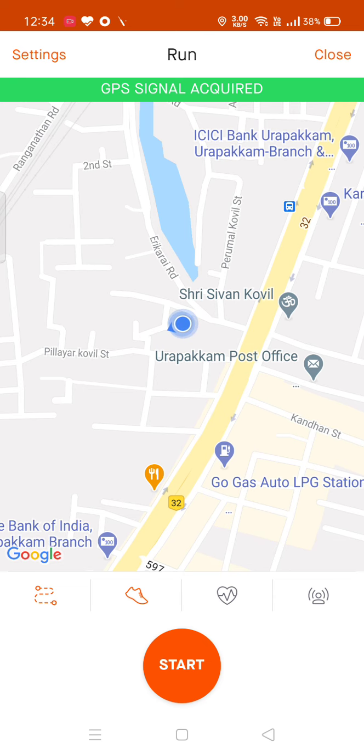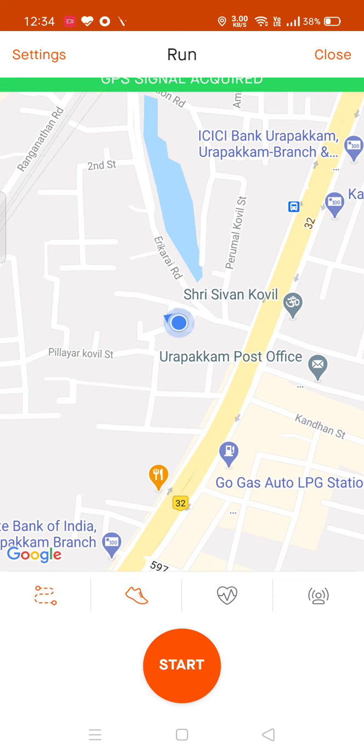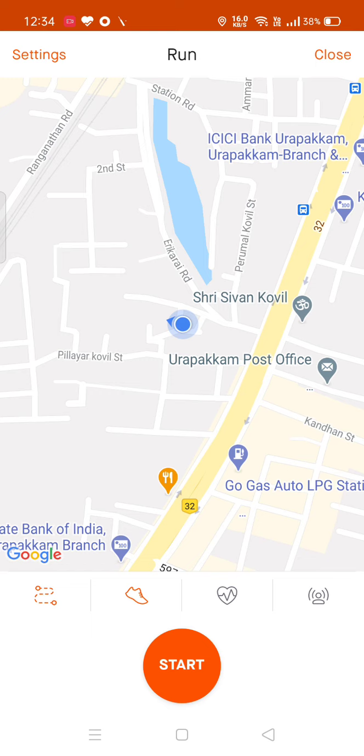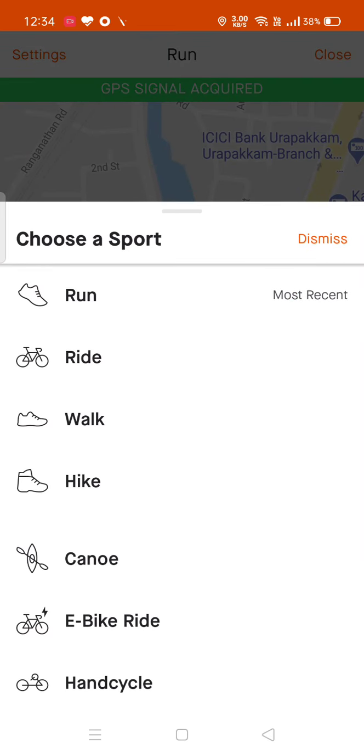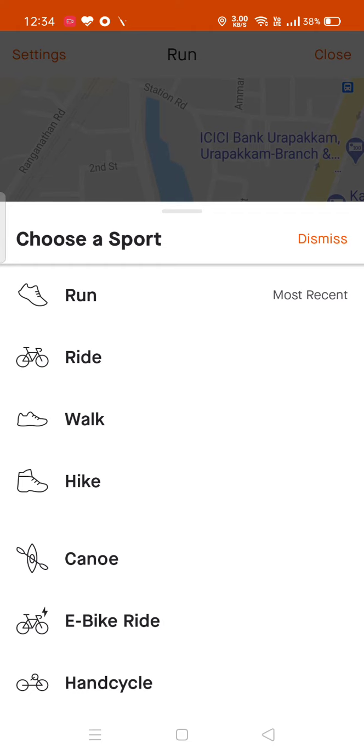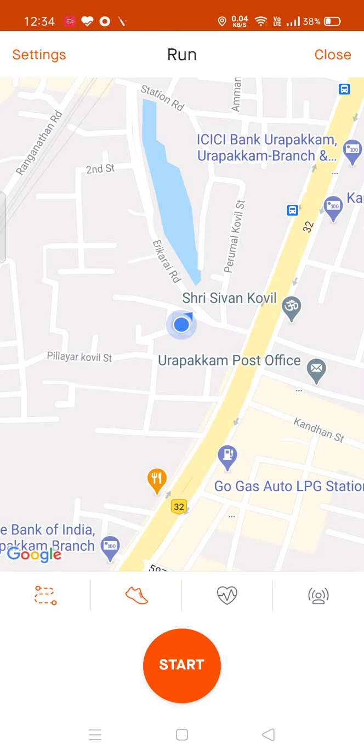Once you have done this, I'll tell you how you are going to log your activity. If you press this record button, you can find four tabs. Here you need to choose which type of activity you are going to do, run or ride. Other than these two, don't select walk, hike, or anything else. That will not be counted for your personal activity. If you want to do it for this 100 days challenge, please stick with run and ride. Since I am doing running, I have already chosen run.